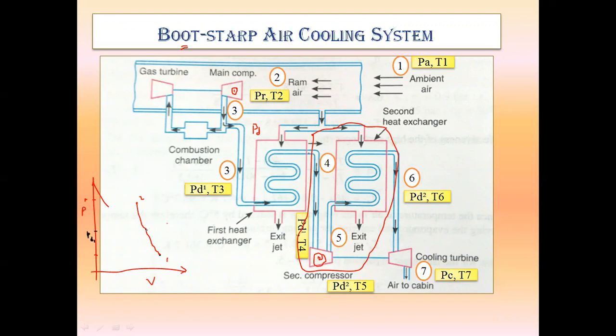and whatever compressed air we have up to PD1 will be cooled with the help of this heat exchanger, and after that we increase the pressure from PD1 to PD2 in the second compressor. So here, because of using two compressors instead of one compressor, the work supplied to the compressor is going to be saved. That means this much will be the saving of work. This shaded portion is that, because with the help of the area under the PV diagram, we are able to get the work supplied to the compressor.